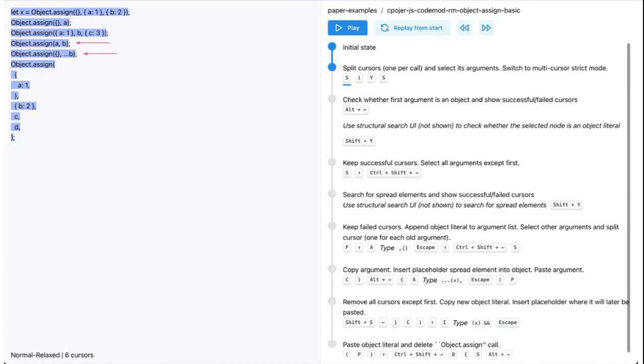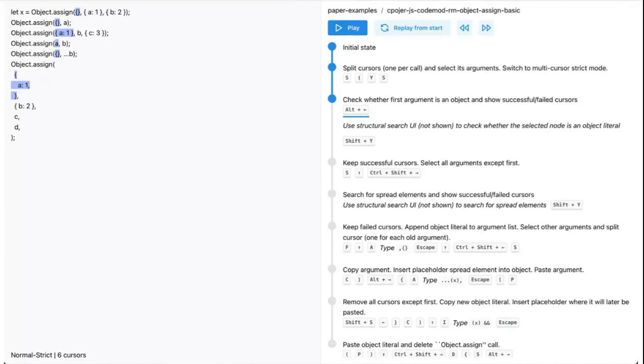cursors. Before we perform the actual edit, we need to conditionally stop the edit being performed in some places. And there are 2 kinds of conditionals that we're going to use here in Forest. First, we'd like to only transform calls where the first argument of the function is an object literal. And that's not the case for that first marked Object.assign call here. So the way we do this in Forest is we navigate to that relevant location, and then we perform a